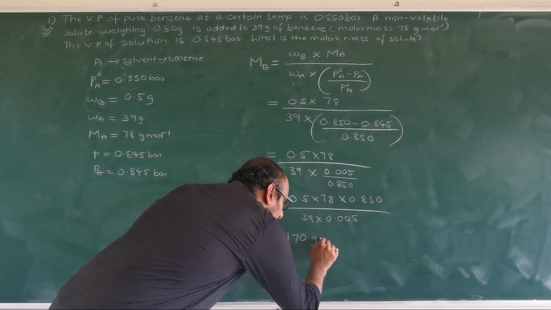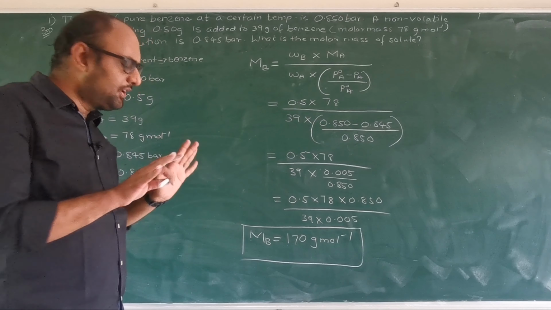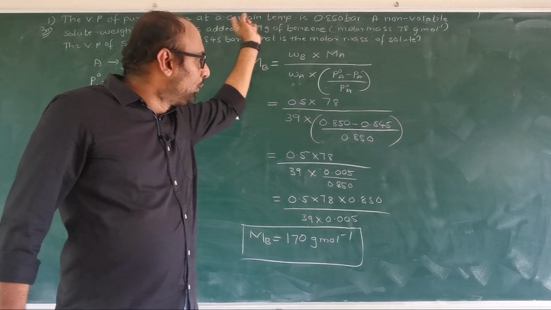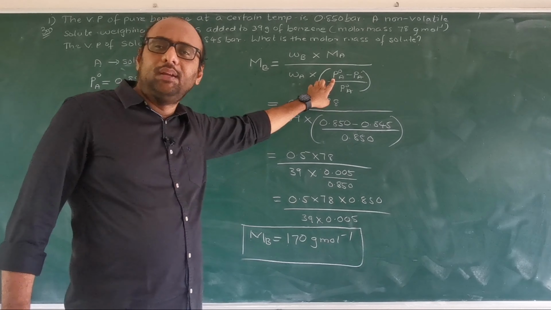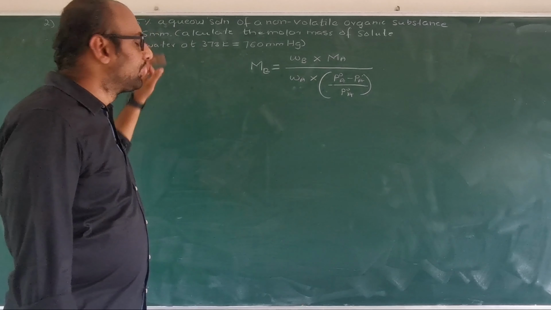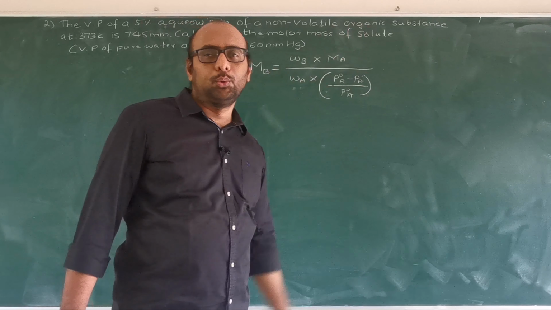It is a very simple problem for 3 marks. First, you have to write what is given. Then you have to write the formula for 1 mark. Then substitute the values and calculate. It's a very simple problem, the calculation of molar mass of the solute when all these values are given, especially the relative lowering in vapor pressure. Next, let us do another numerical problem on the calculation of molar mass of the solute, MB.